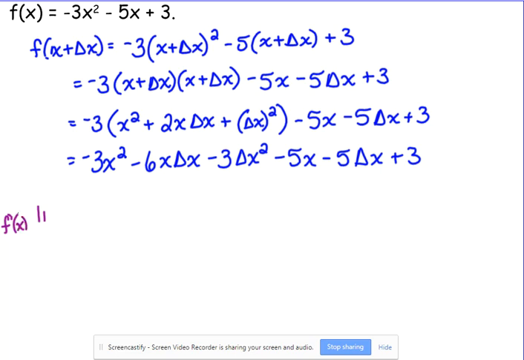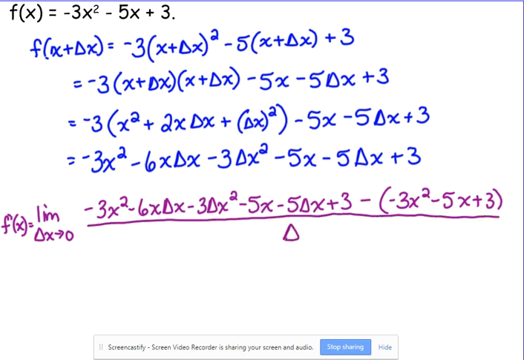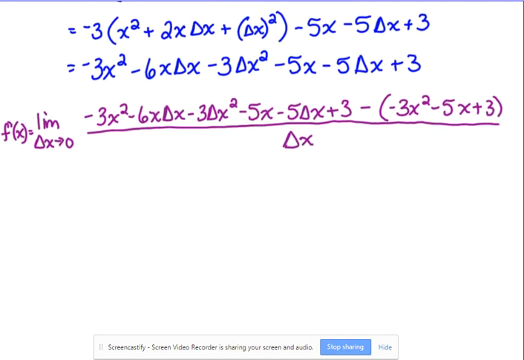F prime of x, the derivative, is equal to the limit as delta x approaches 0 of f of x plus delta x, that big old long expression there, minus f of x, all over delta x. Now, since we're in the beginning stages of this, I'm trying not to skip steps at all, so I'm probably going to end up